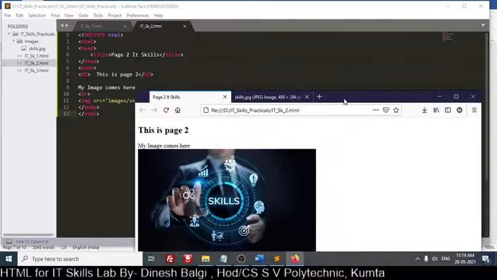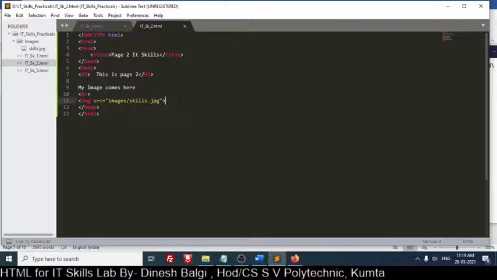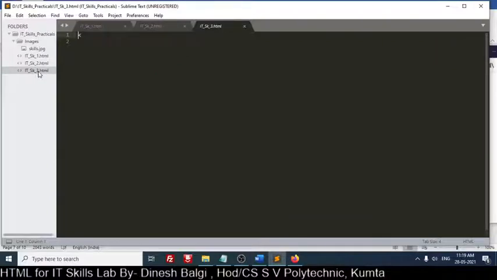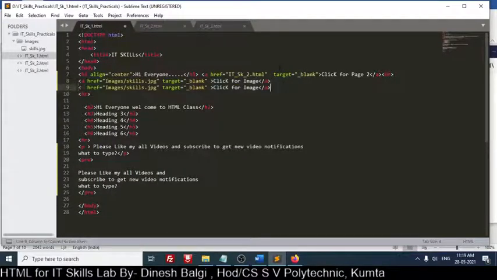Okay, now next we will learn about UL. For that I will use another page, that is HTML skill 3. So what I will do, I will create links for this here. Whatever topics I cover, I will make a link here, click here for image. Okay, that is fine. One more link I will make here on top of this, and I will copy this and paste it here. And I will just change it here, instead of IT skills, images. This is an image file.